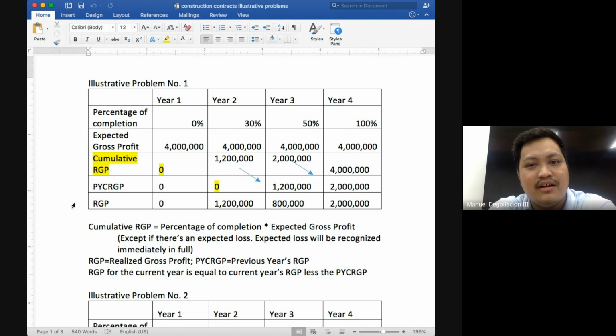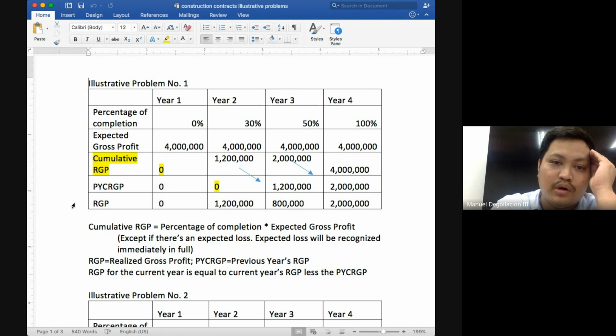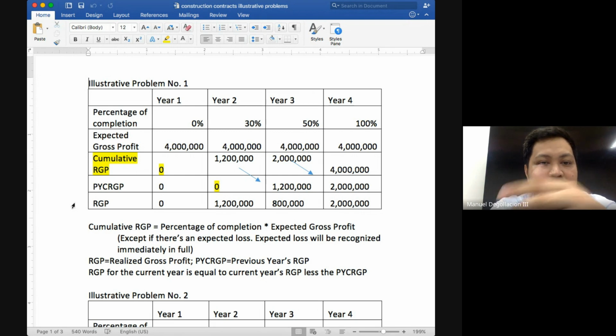I'm telling you, since you're still trying to learn the steps or the process, it's best to use the procedure that will work for all kinds of problems. Okay? In the exam, if you're confident that the expected gross profit will not change, then you can use the shortcut. But here, since we're still practicing, let's stick to the steps, let's stick to the table.